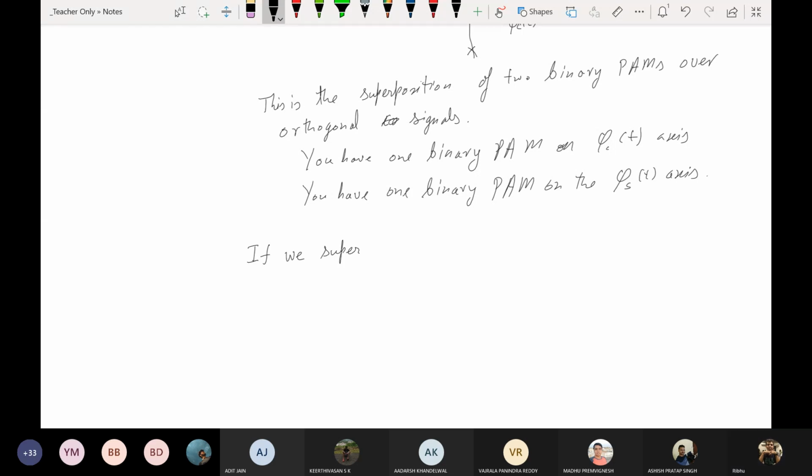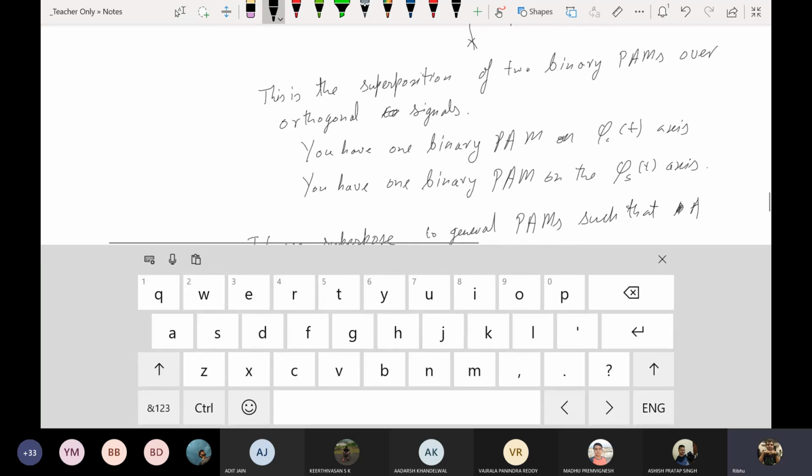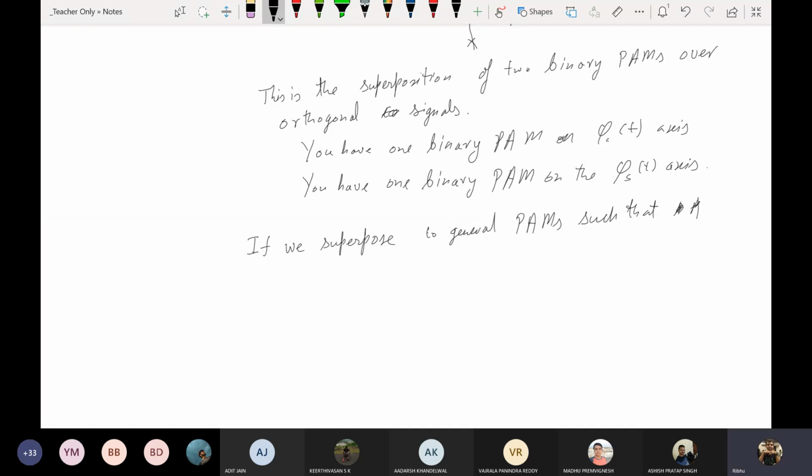So now, if we superpose two general PAMs such that AMI denotes the amplitude of the real part, AMQ denotes the amplitude of the imaginary part,